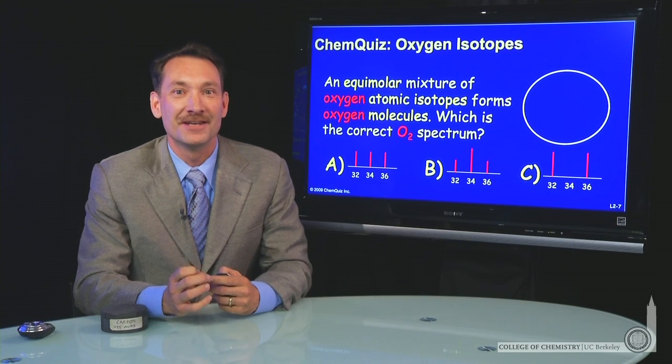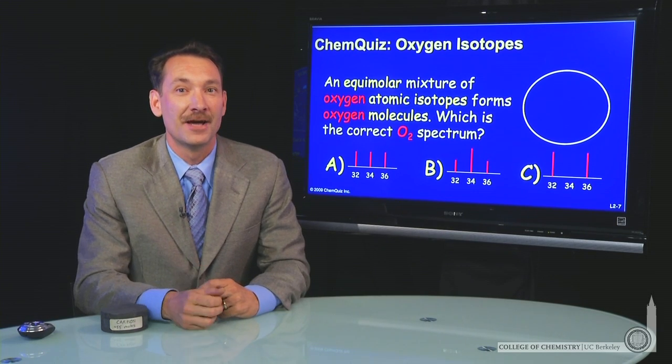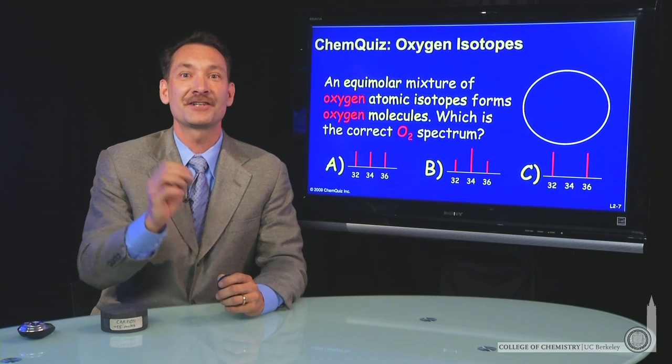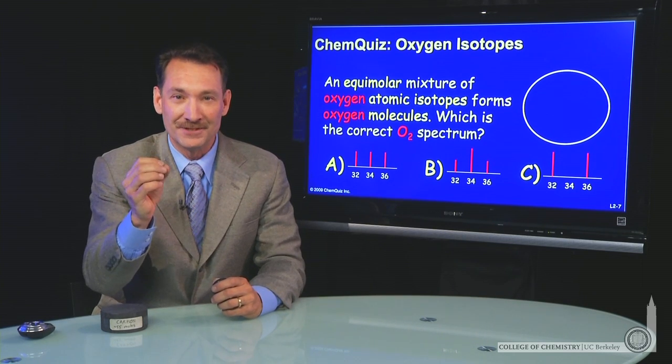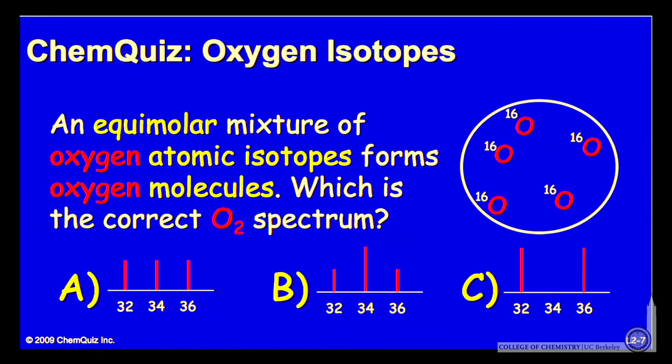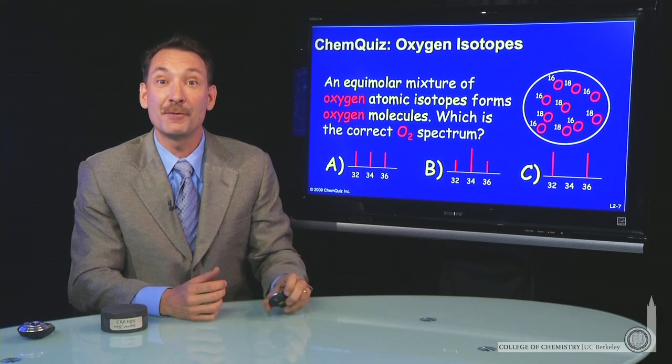Let's do a chem quiz involving isotopes. I'm going to take the two isotopes of oxygen, oxygen 16 and oxygen 18, the atoms, and put them in a flask. So the same number of oxygen 16 and oxygen 18 atoms in a flask, I'm going to let them react